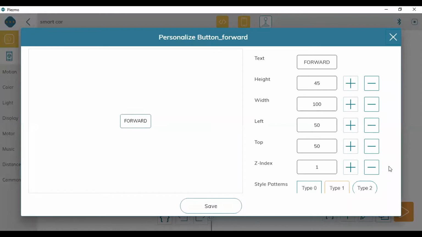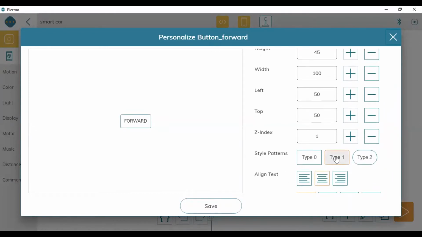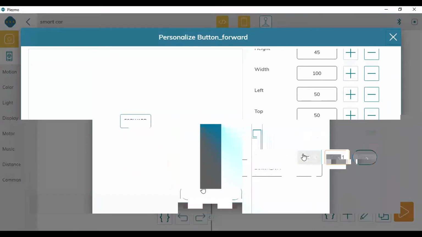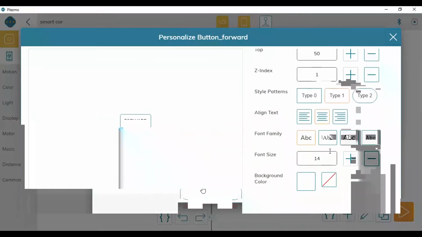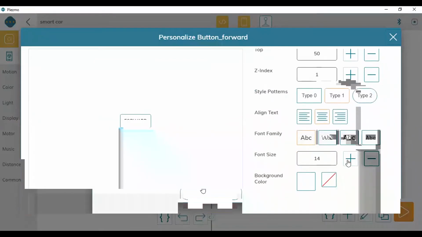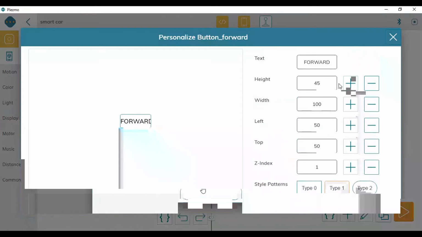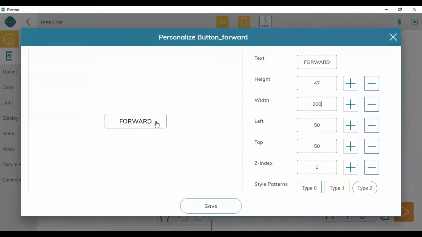And when you scroll down, you can see the patterns of the boxes also, like this. So I'm taking this one. You can align the text also. You can change the font size also. I'm taking it as 20, for example. So now it is not fitting in my box. So what I should do is go up again and increase the width. If I take it as, for example, 200, now it is fitting. See, like this you can increase or decrease the height and the width.